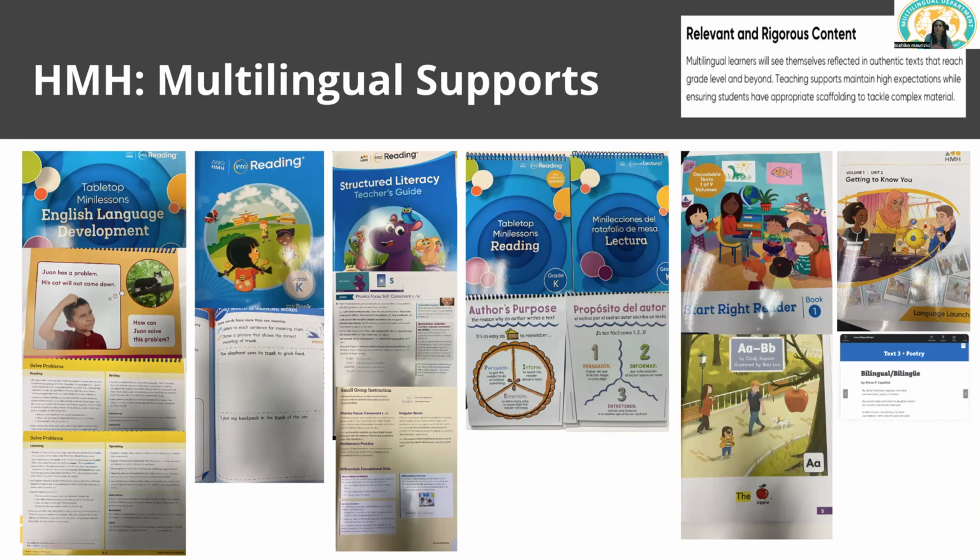So if they're doing how to write a persuasive paper, for example, then you can look at the English 3D lesson, and it'll have scaffolds for multilingual learners. Then you would just pull that lesson out and use that with your multilingual learners. English 3D was designed for that pull-out, which is very, very scripted, but you don't have to use it in that way. And then Language Launch can also be used for newcomers.